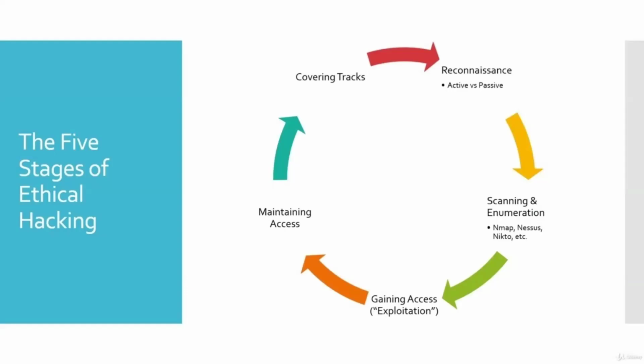But even before the very first stage, which is reconnaissance here, I think in one of our first classes, I explained that ethical hacking is not something you just go around doing, even though you may have the knowledge, you may know the tools to use. You don't just go around hacking systems that you don't have permission to hack. So it's a process that has some kind of legal consideration, let me say. So the very first phase of any ethical hacking procedure is to have a rule of engagement.